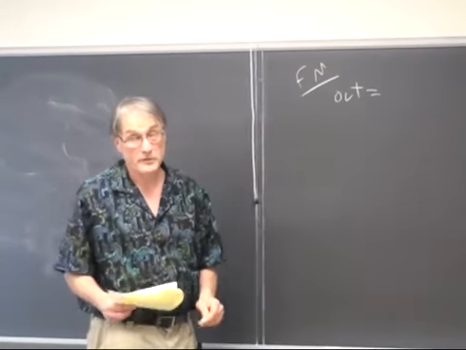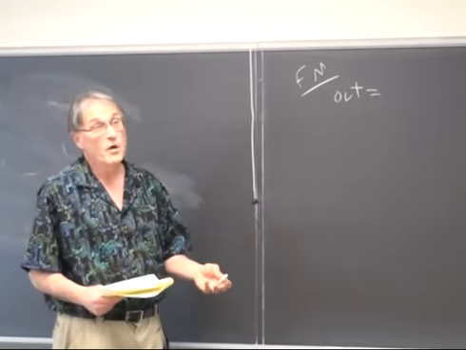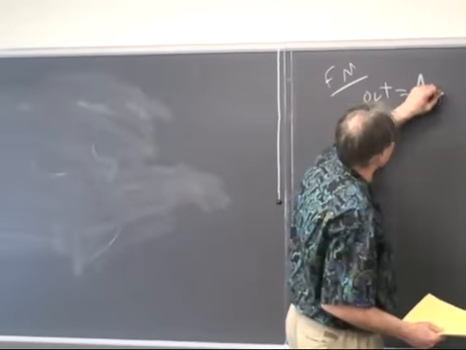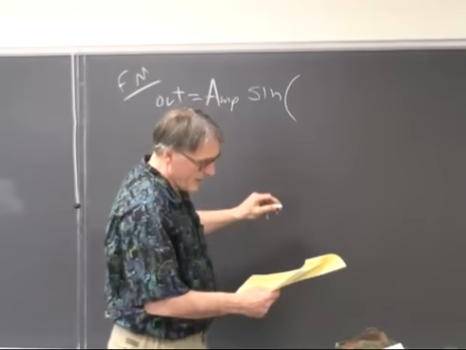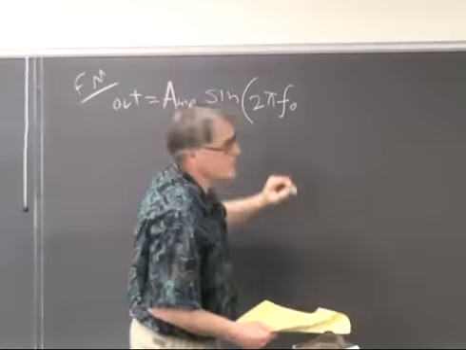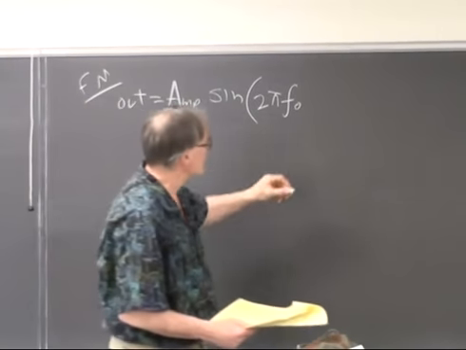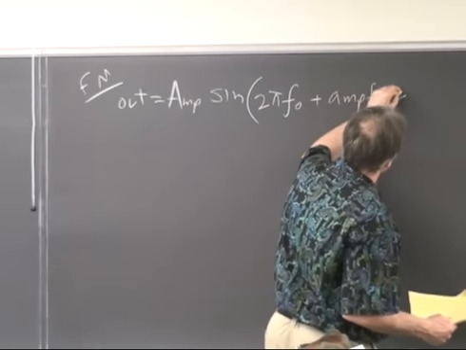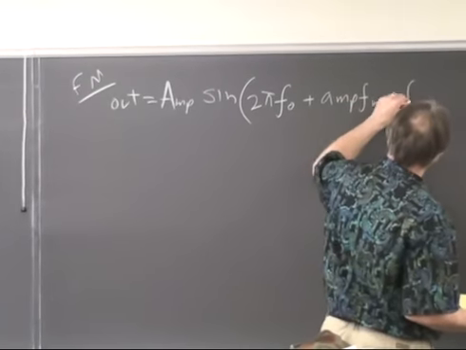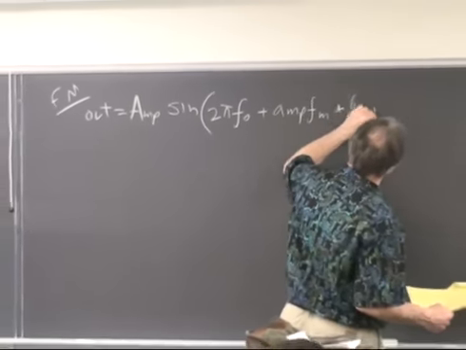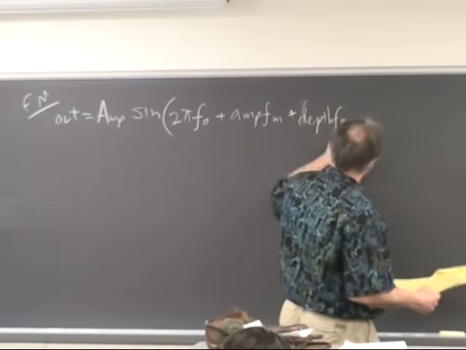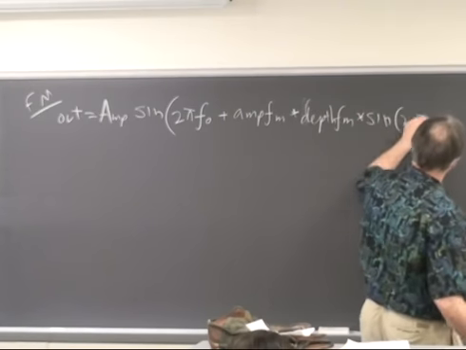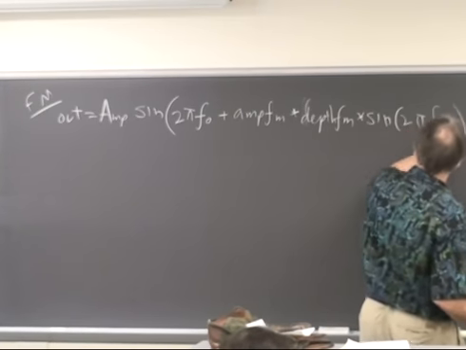Anyway, the output waveform we're going to produce for a given musical note is going to be some amplitude times the sine of 2 pi f naught t. I'm just writing this up again so I can point at it because I already wrote it up last time. Plus some amplitude FM times some FM depth times the sine of 2 pi times the frequency of the FM modulation,